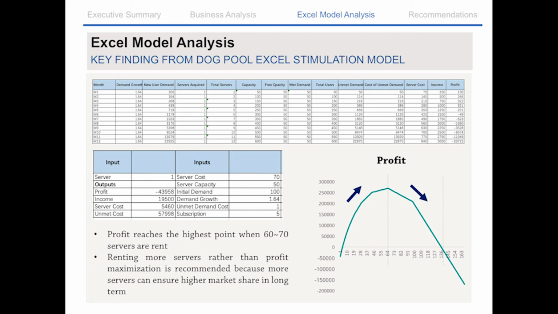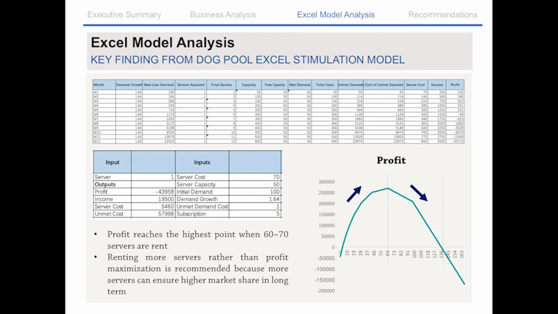First, if we want to maximize our organizational profit, we may probably choose to rent around 64 servers to achieve the max profit. However, there is a shortcoming of this choice, since the serving users amount is limited by the server capacity. Renting only 64 servers can mean a short growing of revenue in a short period, let's say like a year. But if we are seeking long-term growth, this current strategy may restrict the free growing users, sort of causing the loss of our potential customers.